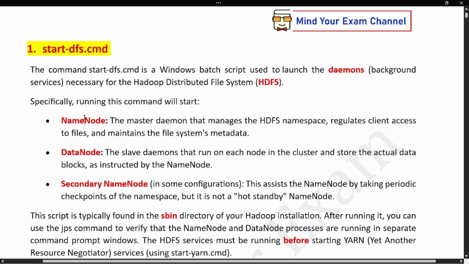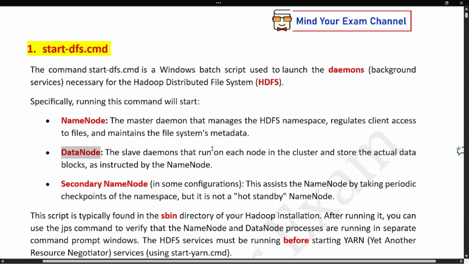So, name node is the master daemon that keeps a track of which data in the HDFS is stored in which node of the Hadoop cluster and which file block is stored where, where it is copied, where its original part has been located, and so on.